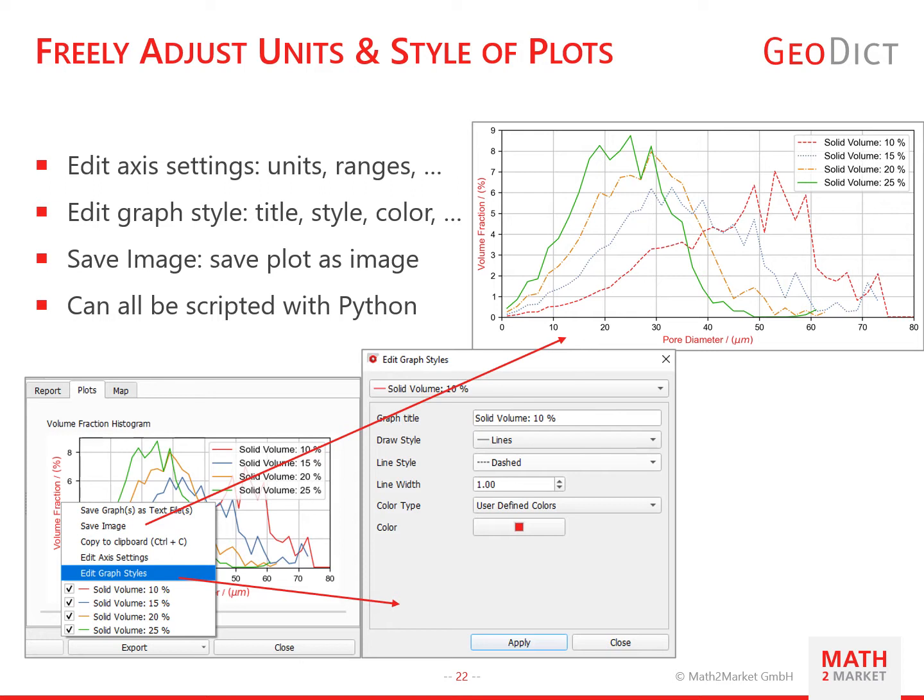The customization of plots can be done on all loaded GDR files of a given command at the same time. One can directly save a plot as image via the graph context menu. After the GDR file is closed, the customized plots are saved in the file. All these steps can be recorded as Geodict macro, and thus the plot post-processing is completely scriptable.